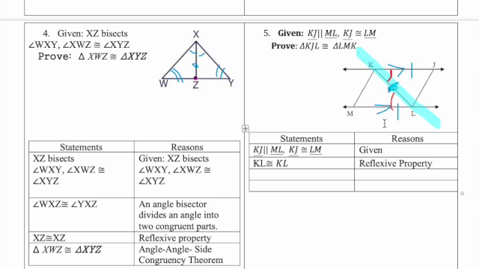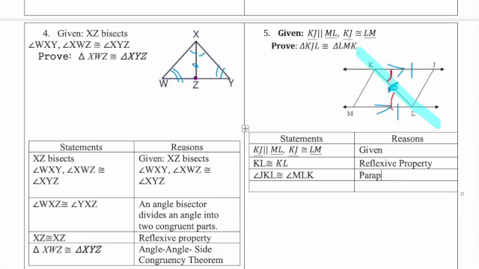And we also know that angle JKL, I like using the symbols whenever I can, JKL is congruent to MLK, okay, and